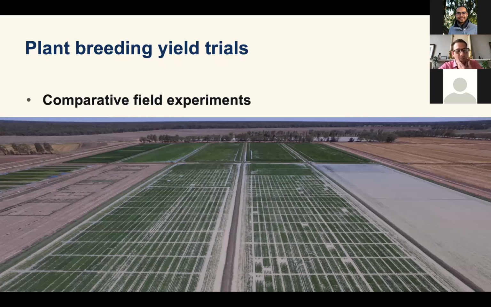Again, we have these comparative field experiments where you have square contiguous arrays of rows and columns, and the plots laid out. These ones are typically 10 meters long by 2 meters wide, and then the shorter, earlier stages will be about 5 meters long by 2 meters wide. But the main point is that we put all the material in the same field, and so this really affects the way that we should be analyzing the data as well.